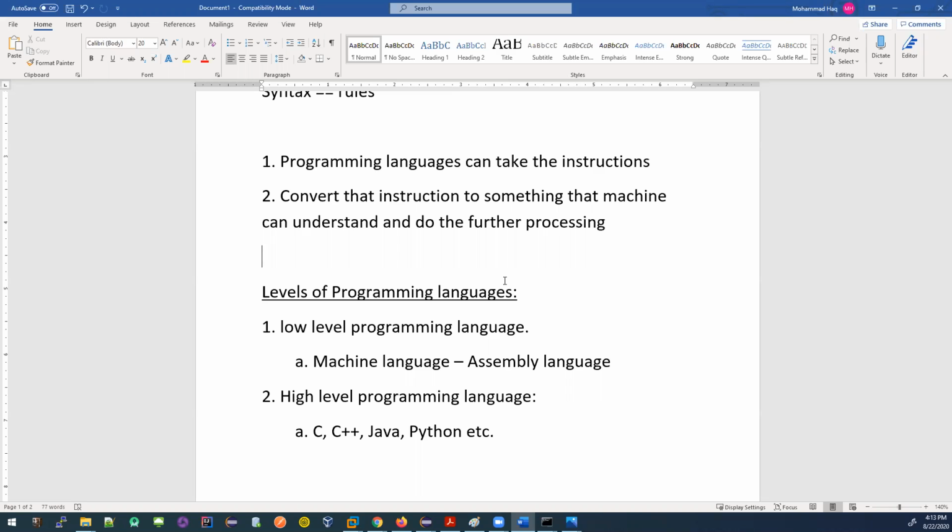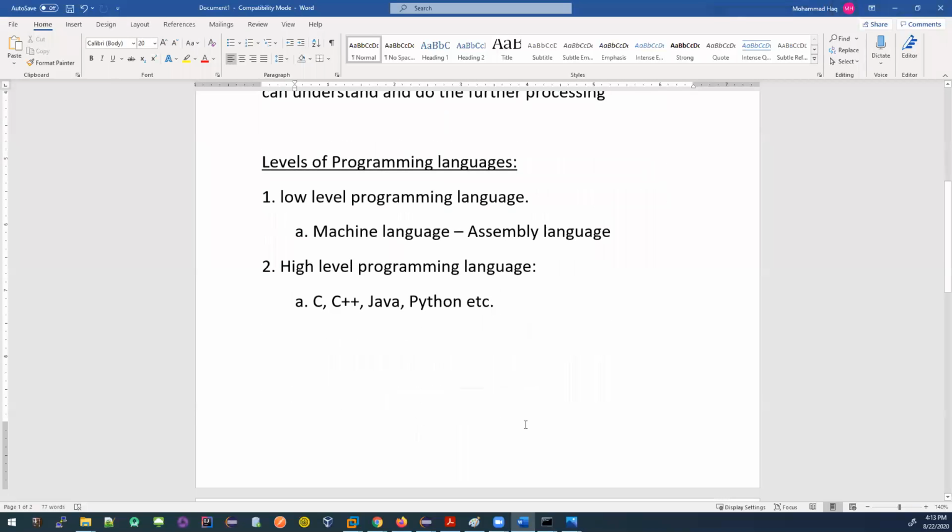Now, the high-level programming languages are very useful to understand. They are very close to the human, like the way humans communicate through different languages. So this is high-level programming languages. But whatever instructions we give through these programming languages, they get converted again to something called bits and bytes. This is always happening, no matter what programming language you choose. Java is also called a high-level programming language.